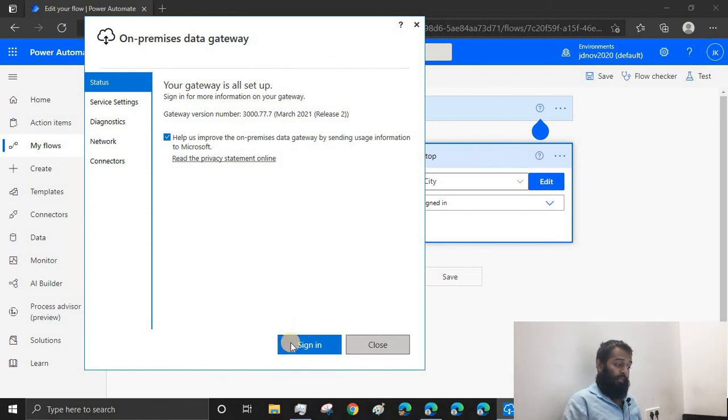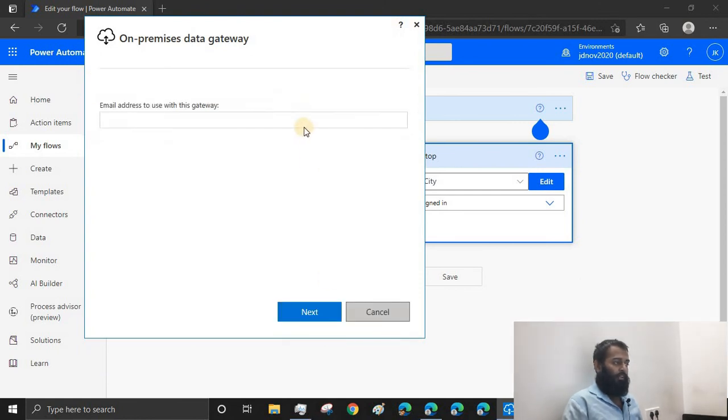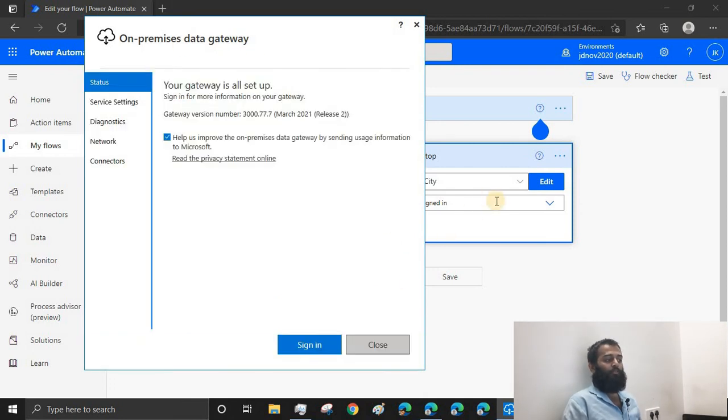You log in again to the gateway using the same account which you have used, and then you stay here. After sign in, you keep the on-premises data gateway window open, and then you try to create a connection. Then it will definitely get connected and create your connection.